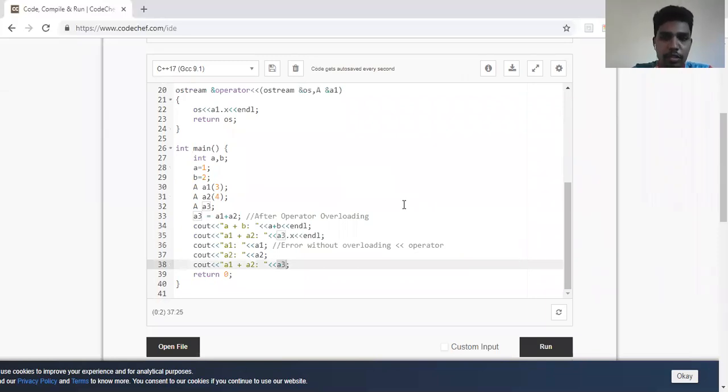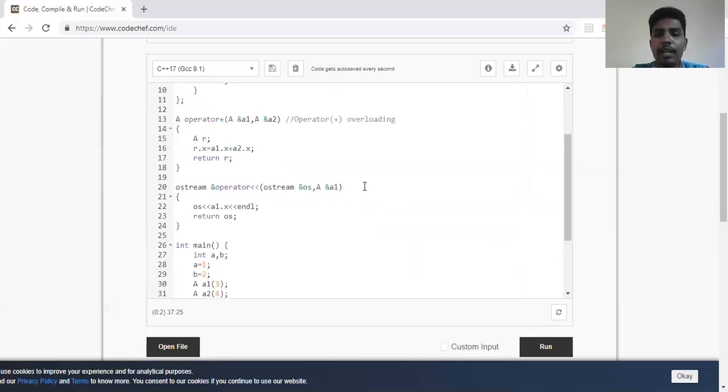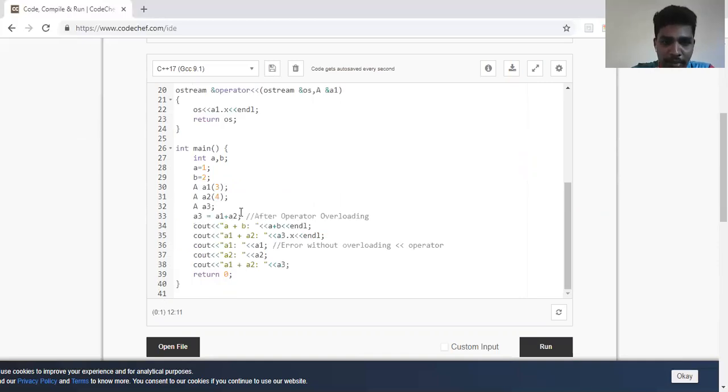There are very interesting concepts in operator overloading. I'll be showing that separately in another video on operator overloading, where we can see different kinds of operators being overloaded. For this example of polymorphism, you just have to understand that I have overloaded two operators. One is plus and the other is the insertion operator. Why have I overloaded plus? Because plus was working only on numbers. Now I made it work on objects. You can see here, a1 plus a2 is working on objects. So I made the plus operator work not only on numbers, but also on objects.